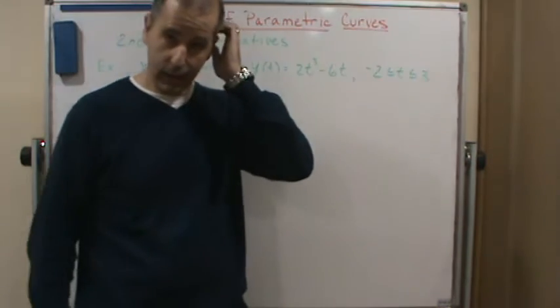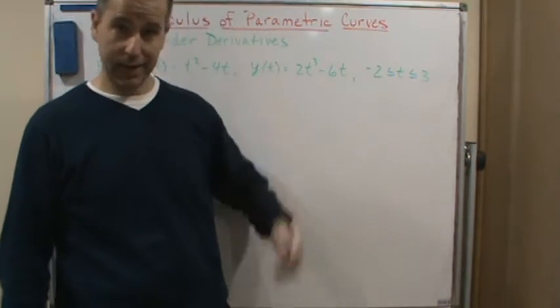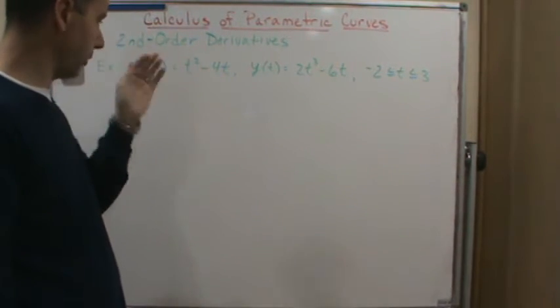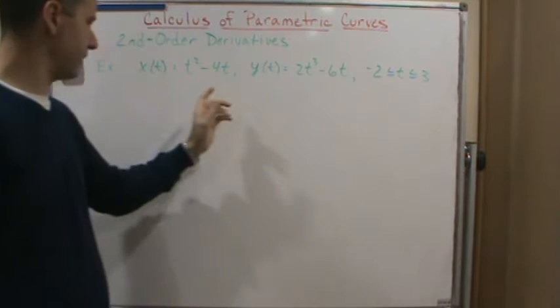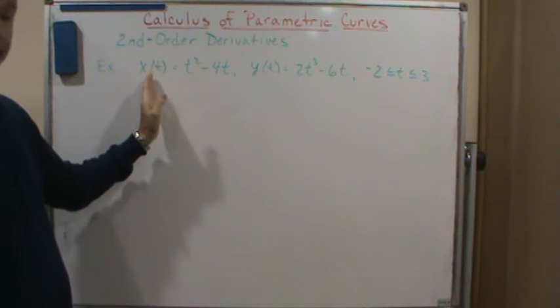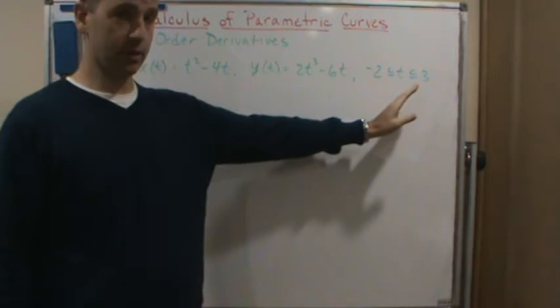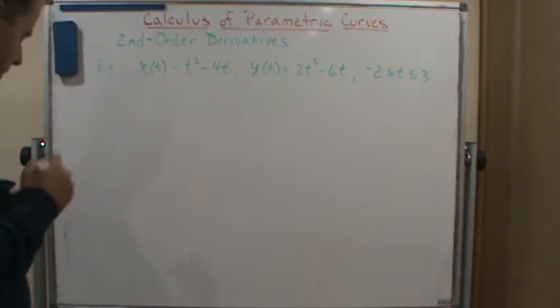Okay, so welcome back. So now we're going to do another example of taking the second derivative of a parametric curve. Okay, so here's the information. We want to find the second derivative given these parametric equations over this interval. Okay, so again,